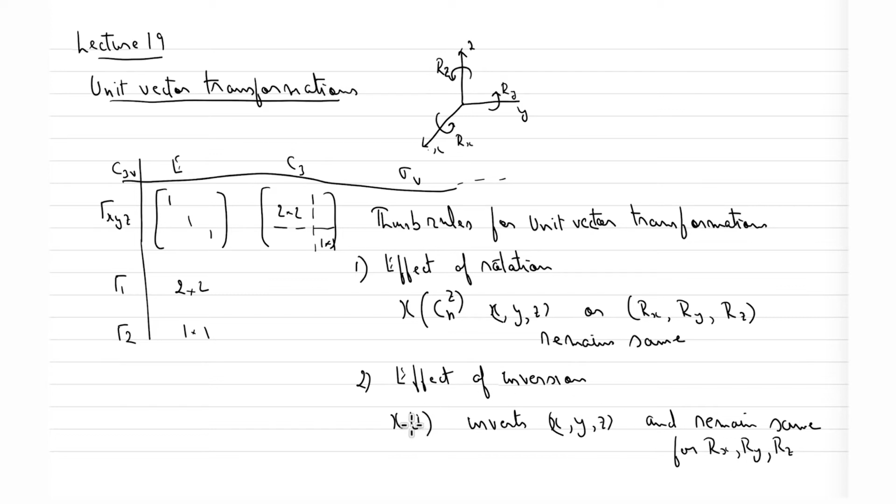What does it mean? If you are doing an inversion operation, x goes to minus x, y goes to minus y, z goes to minus z. So the character inverts under x, y, z. That means you will get -1, -1, -1 as a character, whereas the character under i will remain the same for Rx, Ry, Rz. That means Rx will remain the same as Rx, Ry will remain the same as Ry, Rz will remain the same as Rz. So the character will remain as plus, plus, plus, so +1, +1, +1. That means the character under xyz is opposite to the character under Rx, Ry, Rz. Okay, so that is easy. Now let us look at the effect of reflection.